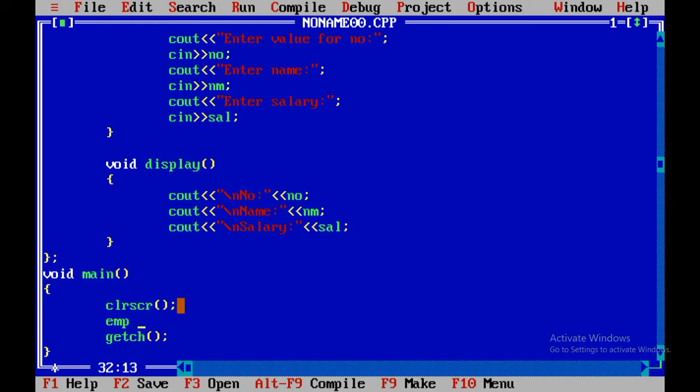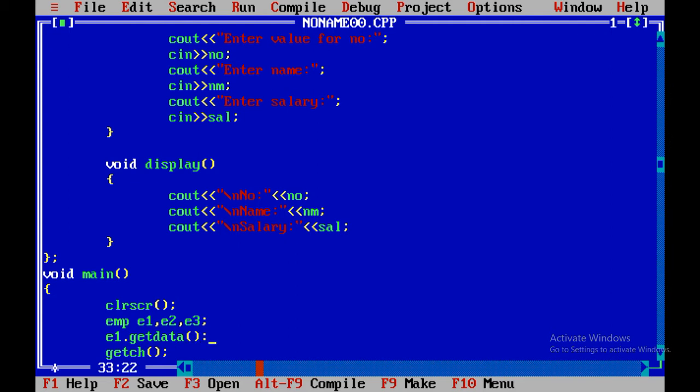So basically we are going to do it like this: employee e1, e2, e3. If I want to call these functions 3 times, I need to create 3 objects of the same class. And now I can do e1 dot getData.